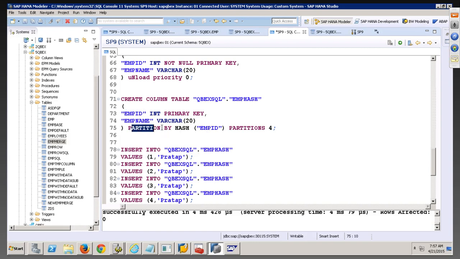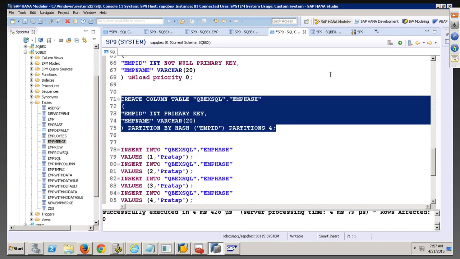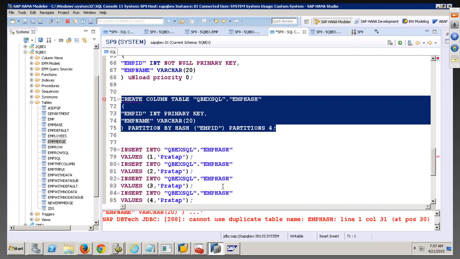So partition by hash, and on which column is it? Employee ID. And how many partitions do I want? 4. But instead of specifying 4, in real time, if you have multiple servers, I want to determine the number of partitions based on the number of servers. So I can use a function like the server number function, which will determine the number of servers automatically. So if I create this table,